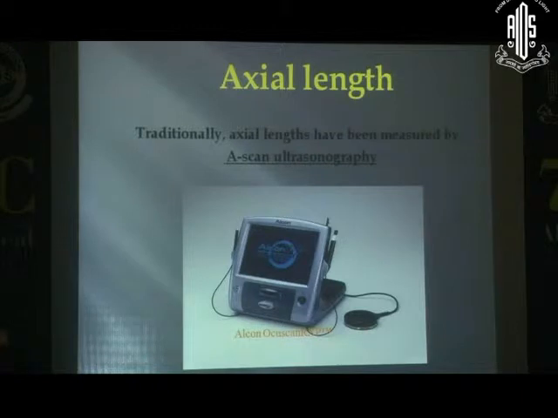What about the irregular corneas? This is okay for the regular corneas, but suppose a patient has a corneal trauma and they have a very irregular cornea. How do you consider the keratometry in those patients?